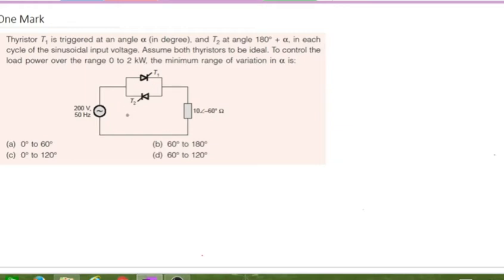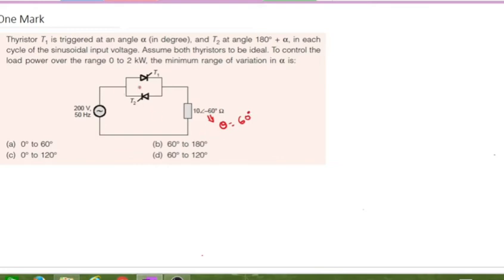So it is simply an AC voltage regulator, input is AC, and if you see the output, it is not a purely resistive load because it is 10 at an angle minus 60 degrees. It does mean that it is a lagging load, and here lagging load means it is an inductive load. What is the load angle here? Theta. I am assuming that theta is simply 60 degrees lagging.